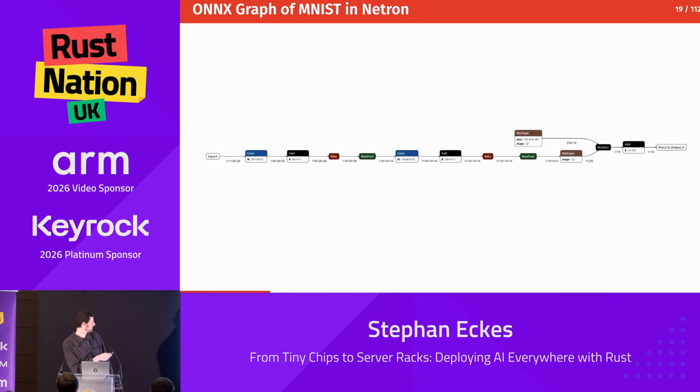And this is how an ONNX graph looks, for example. This is a very simple model, MNIST. Some models get really large, but this just contains the full graph from the input to the output, and then every operation that is in between, and also the structure. So sometimes you have more difficult things like here, branches that go from there to there. So it just contains the full information. And this is how you can view ONNX models. That is Netron. It's a nice open source application that you can run in the browser to analyze model files.